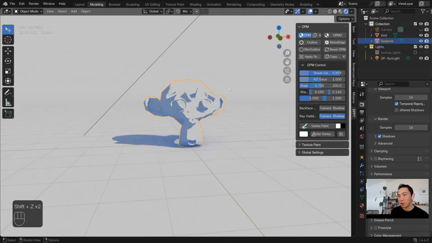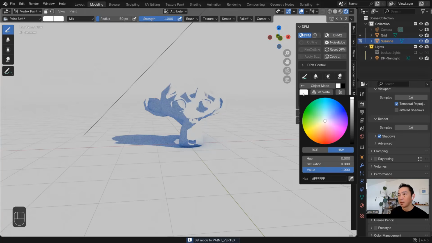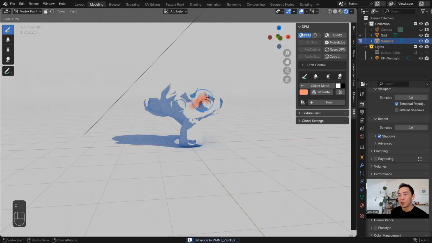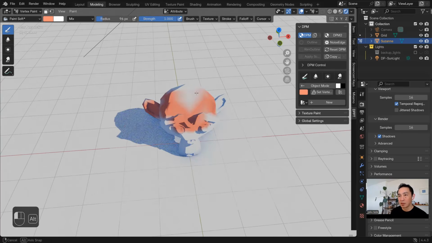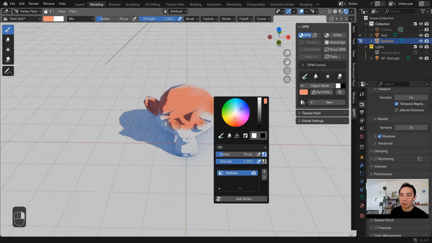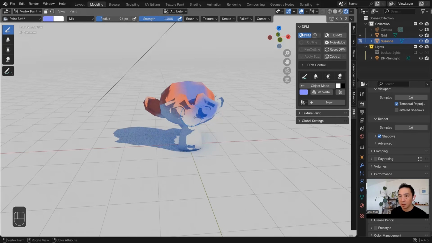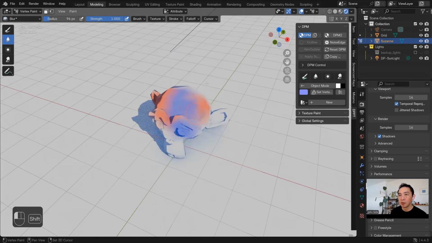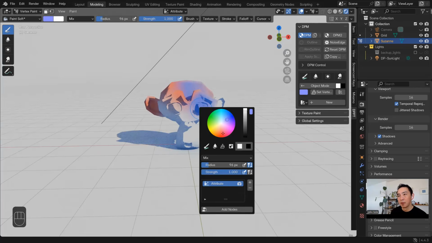So DPM is based on the vertex paint color. At the moment, it's white for each vertex point, but you can change it with the vertex paint here and change the color, and then you can just simply paint to the point, vertex point, right? Right mouse button and then change the color. And with the shift, you can blur the paint so it gets a softer look, right?